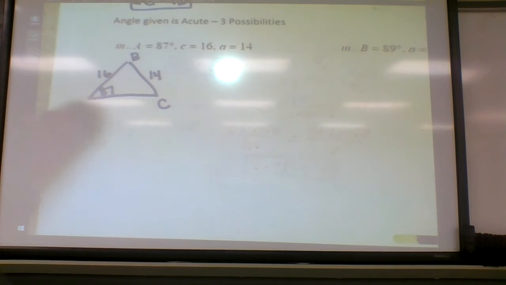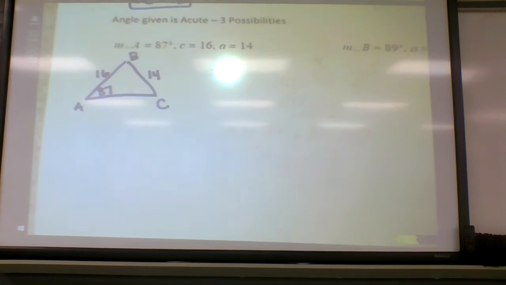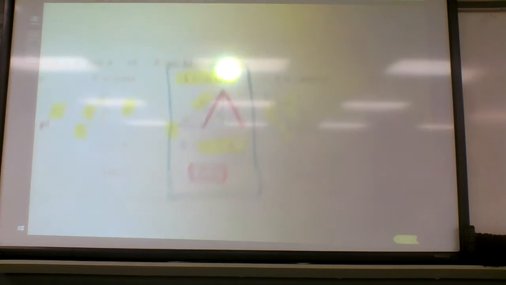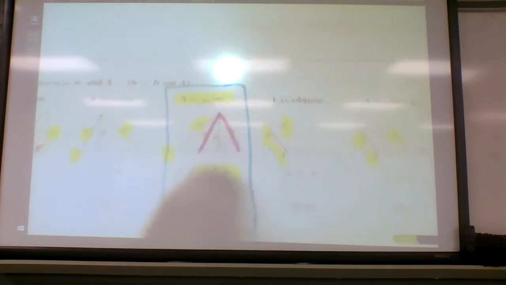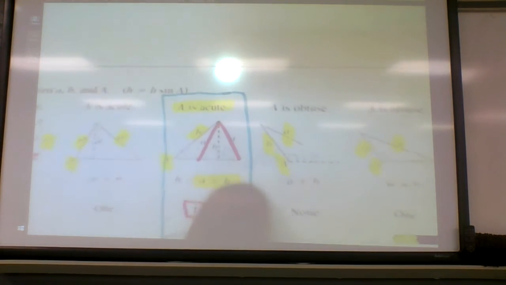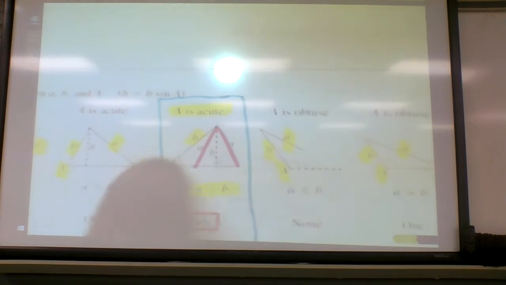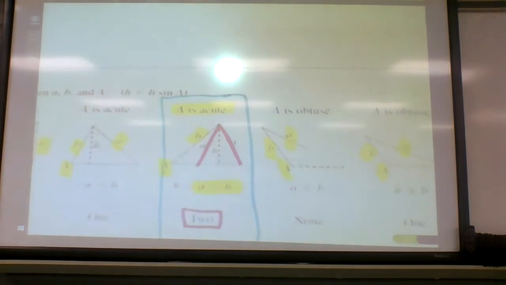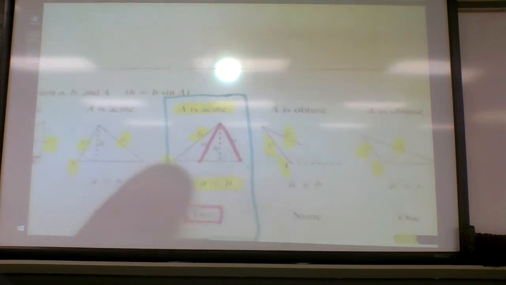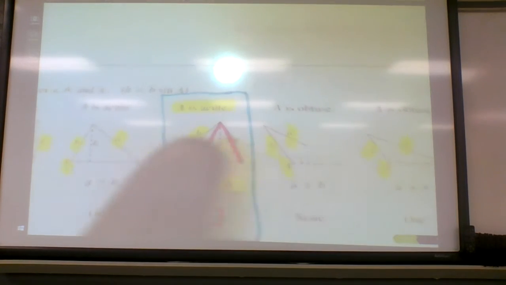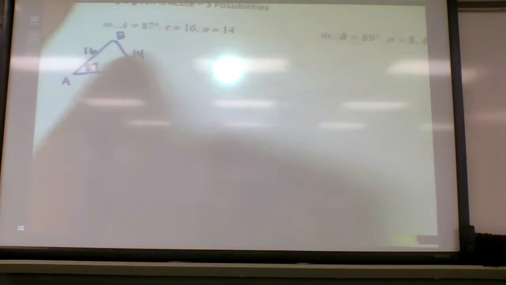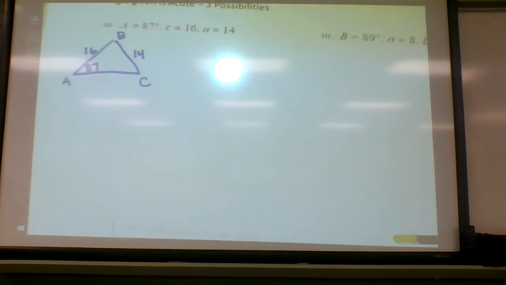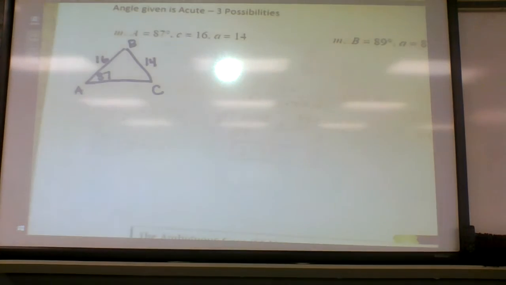Yes. And then the next possibility, if you look back to this, right, the angle has to be acute, and then A has to be less than B. So the side across from the angle has to be less than the other side in between. So is the side across smaller than this one? So go back to here. Is the side across smaller than the other side they give you? Yeah, so this would have 2